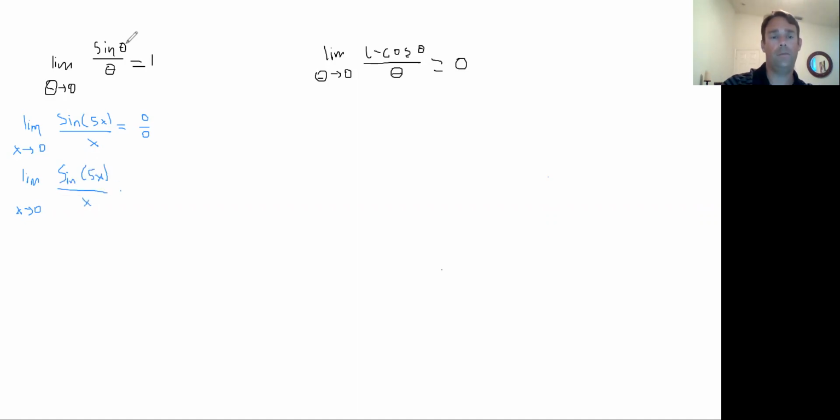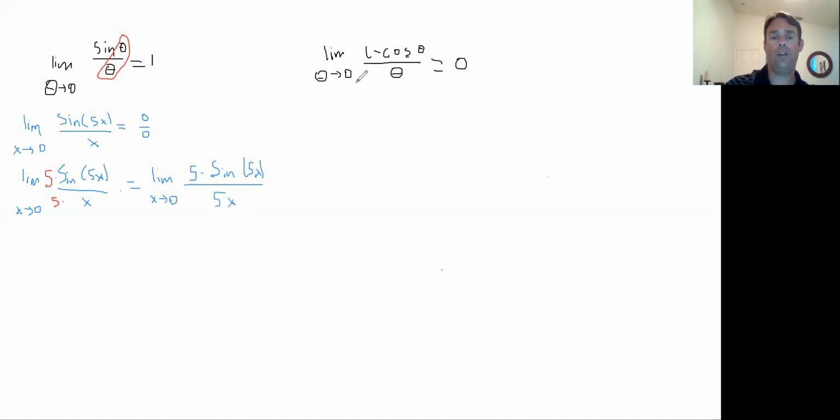Now I want you to think about something here. Notice before, when we're doing this corollary, the angle and the denominator have to be equal. Well, right now, my angle is 5x, but my denominator is just a single x. I need this to also be 5x. So what I'm going to do is multiply the top and the bottom by 5. And if I were to do that, I end up with the limit as x approaches 0 of 5 times sine of 5x all over